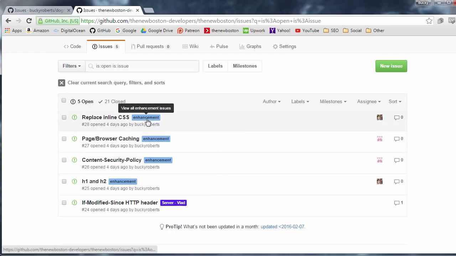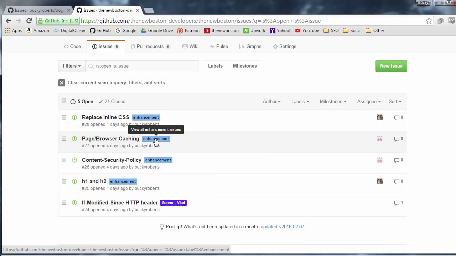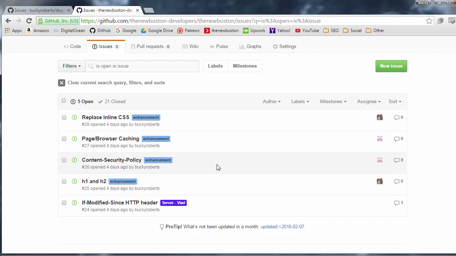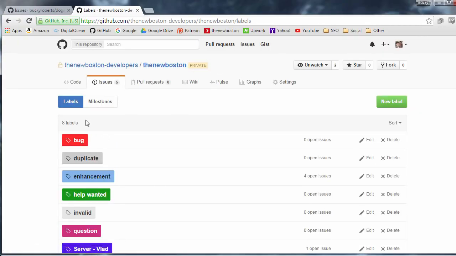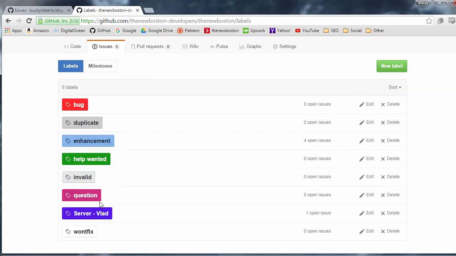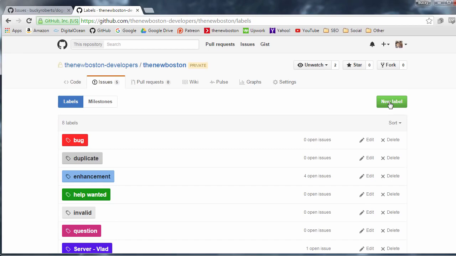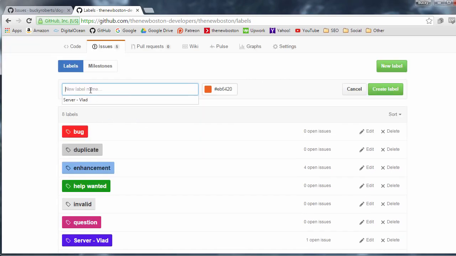So what we need to do is we don't write it as a bug. We don't write it as an enhancement. We need a special label for Vlad, and Vlad is my server administrator for the website. Now, of course, by default, you just don't have a Vlad label, so you have to make your own custom labels. So anytime you want to do that, just go ahead and click labels at the top right here. Now, usually you're only going to have these question, invalid, help wanted, enhancement, duplicate, and bug, but I needed to make this. So what I did is I went to new label, and then I typed server Vlad,